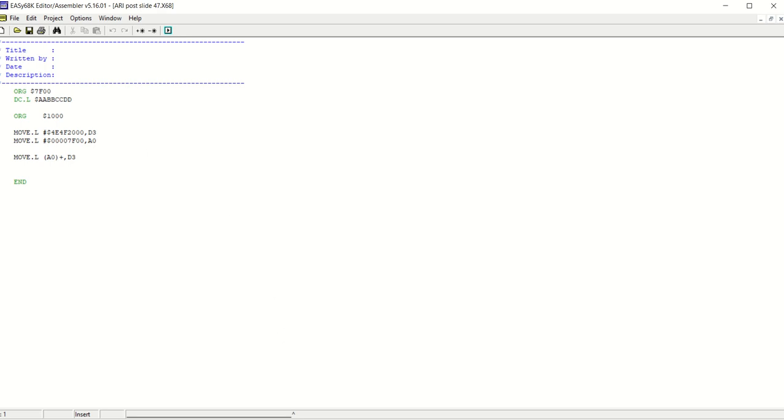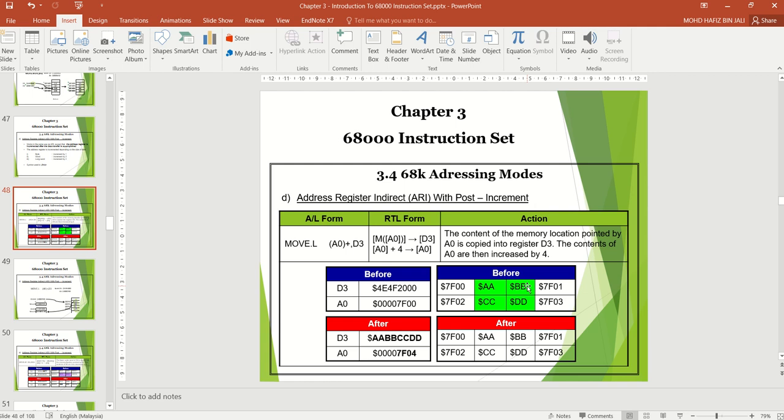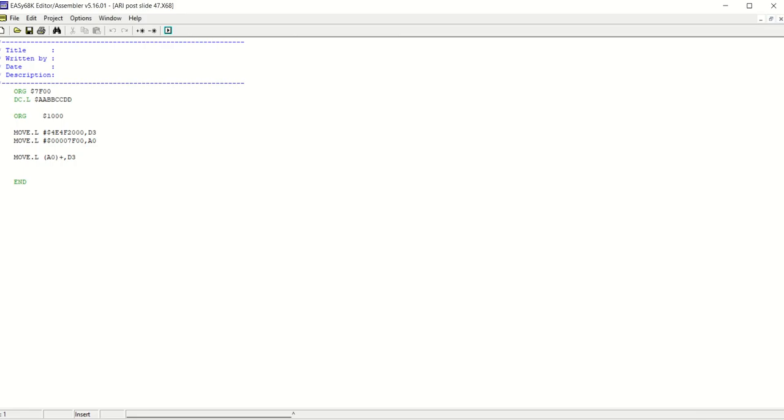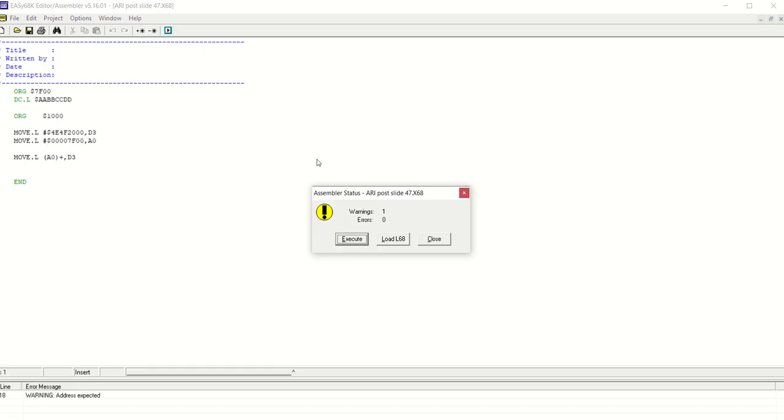The content is AA, BB, CC, DD. And then the instruction is move.long A0 plus comma D3. So let's see the result.